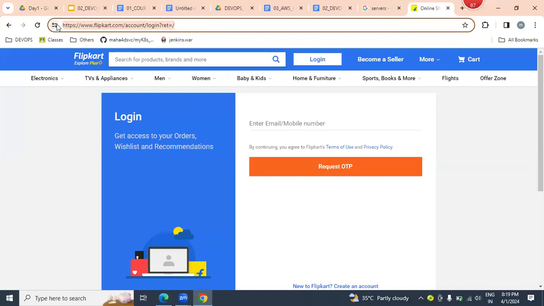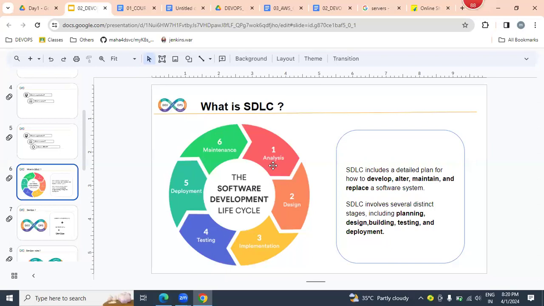But if you want to build a Flipkart kind of application, what is the first step, please? The first step is what exactly? Analysis.